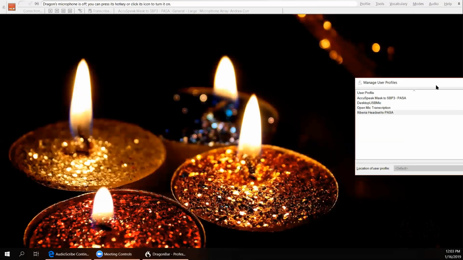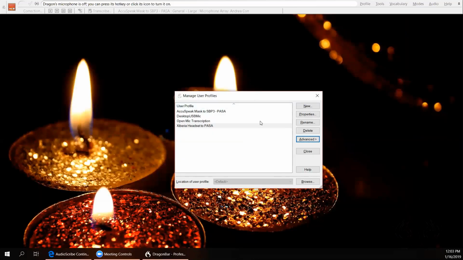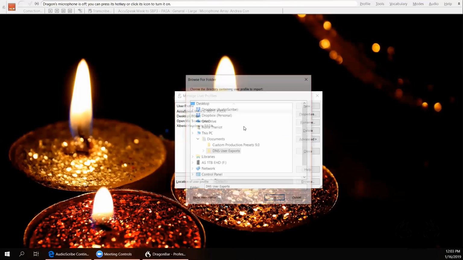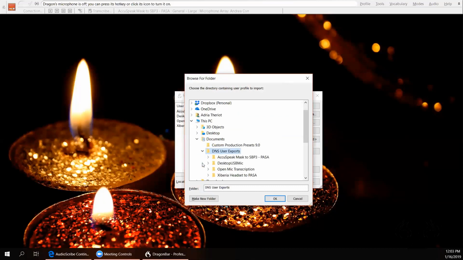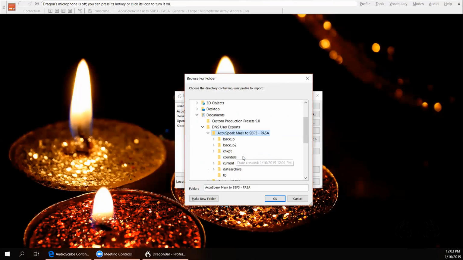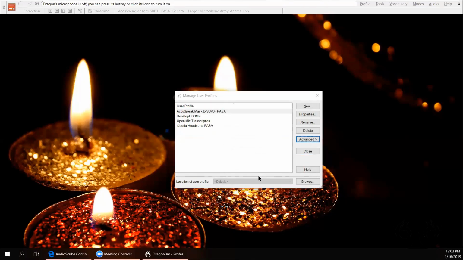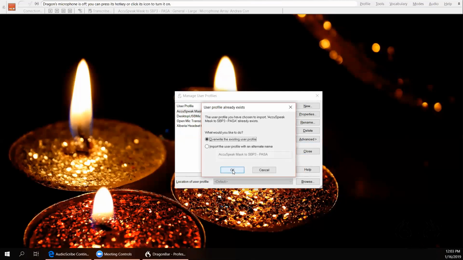Now what I'm going to do is I'm going to import one of my user profiles, my mask user profile, which is the one that I use most commonly. And I'm going to click on Advanced and Import. I'm going to go back to DNS user exports, and I'm going to select my mask user, and I'm going to click on OK. It's going to come up and tell me, wait a minute, you've already got one like that. Do you want to override it? And actually, no, I want to import the user profile with an alternate name. And all I do is add to that exact same name the word backup in all caps,